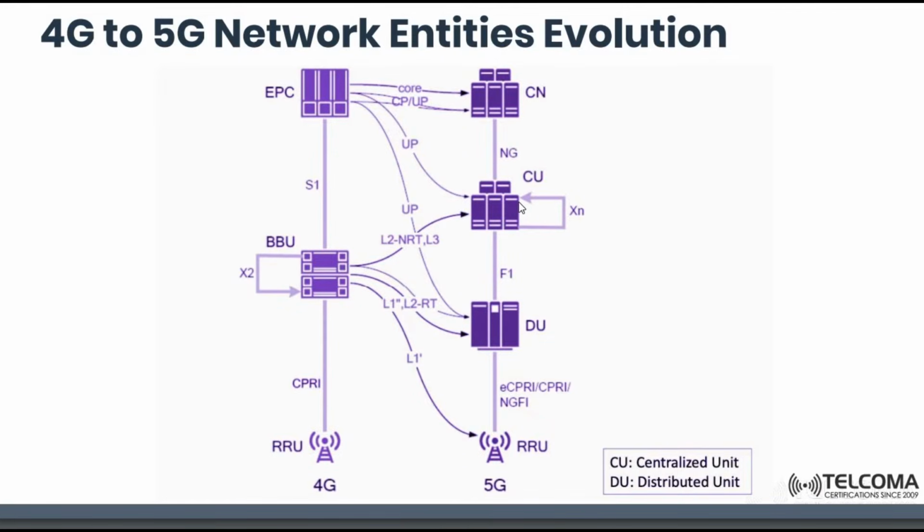One site can be connected to another G Node B through the Xn interface, meaning one centralized unit can be connected to another centralized unit through the Xn interface, and one central unit can be connected to different DUs. As we have seen earlier, the master cell was connected to different secondary cells, or one E Node B had different secondary cells for capacity enhancement. In the architecture we have seen, one CU can have different DUs as per the requirement.